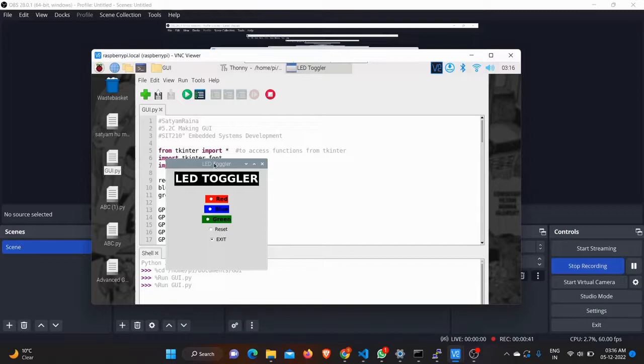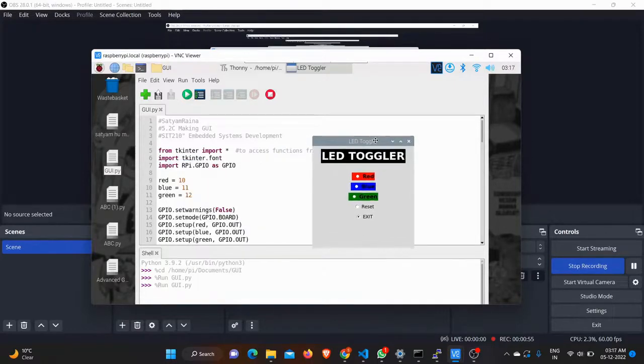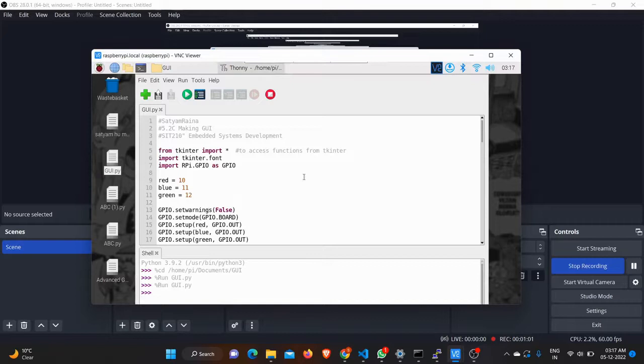For the hardware part, we are using a breadboard with red, blue, and green LEDs whose positive terminals are attached to the 10, 11, and 12 GPIO.board pins according to the code, and the negative terminals to the ground pin of the Raspberry Pi. Coming to the coding part, firstly we import all the functions from the tkinter library and